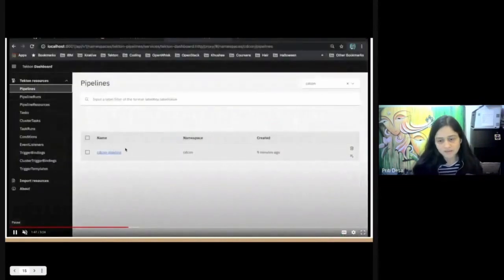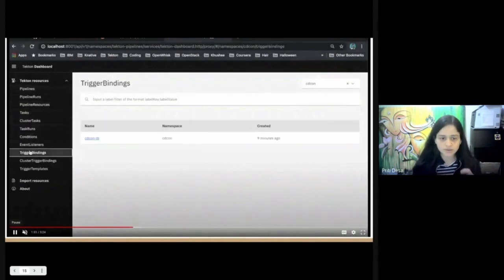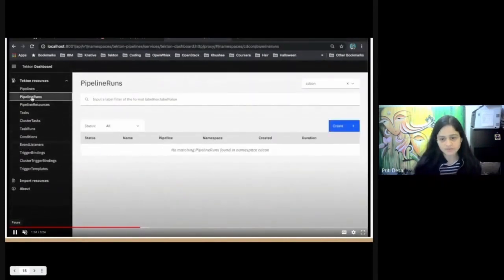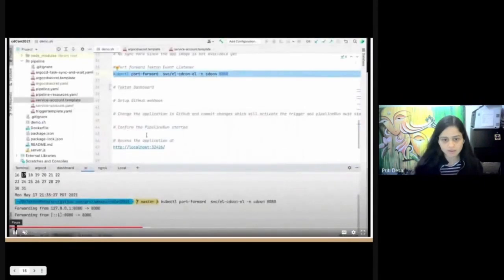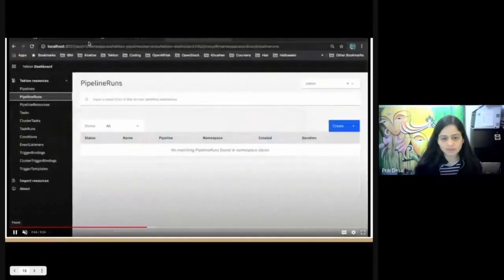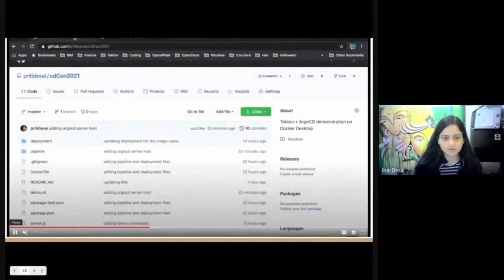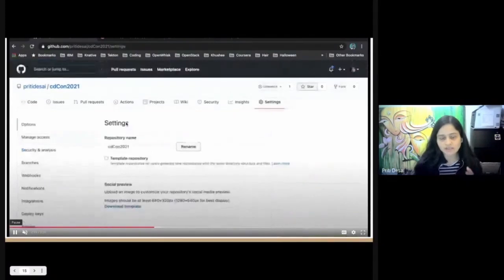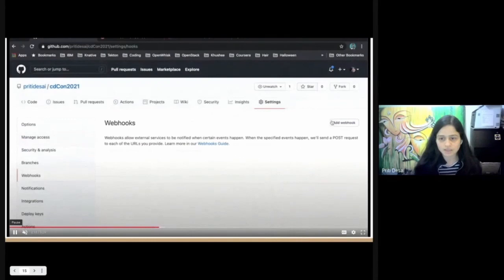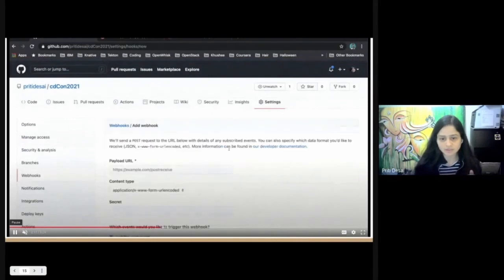Now we see there's a pipeline and all the resources exist here: trigger binding, trigger template, and also event listener. And there's no pipeline run yet. So let's see. Next, first of all, let's go and add a webhook so that we can,